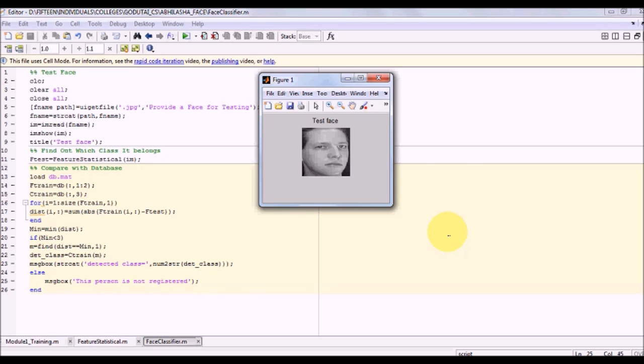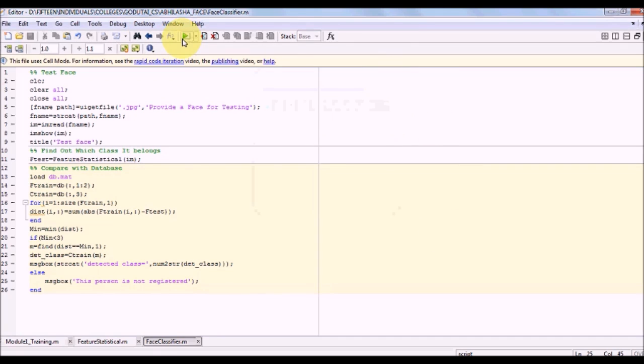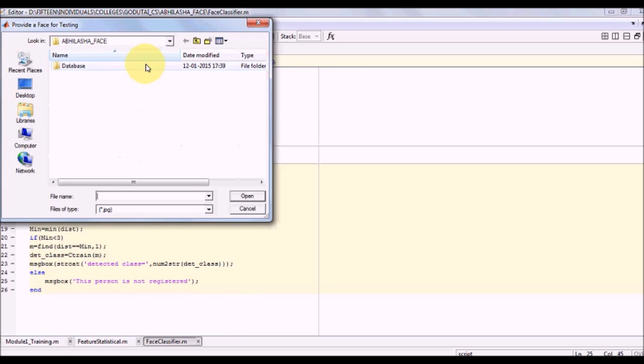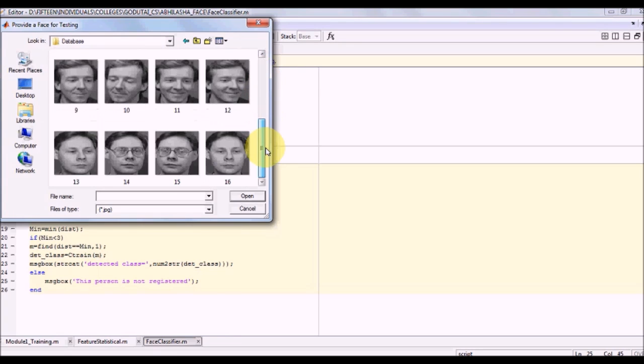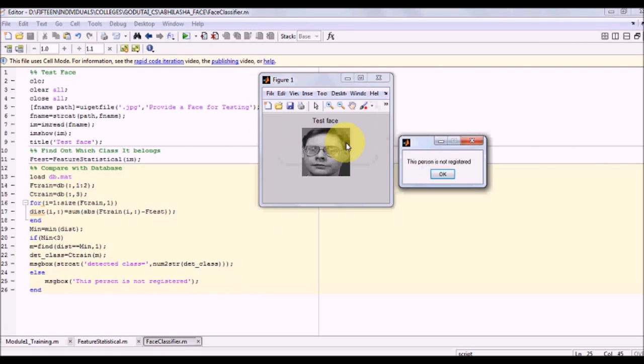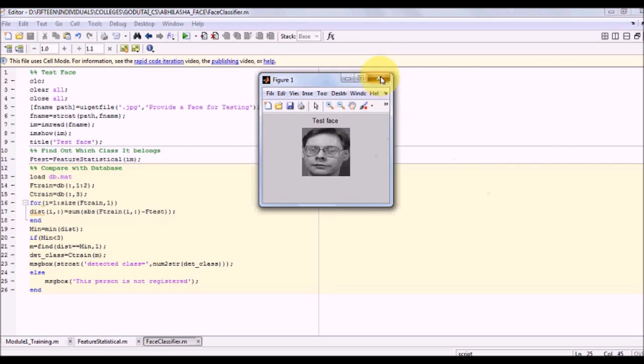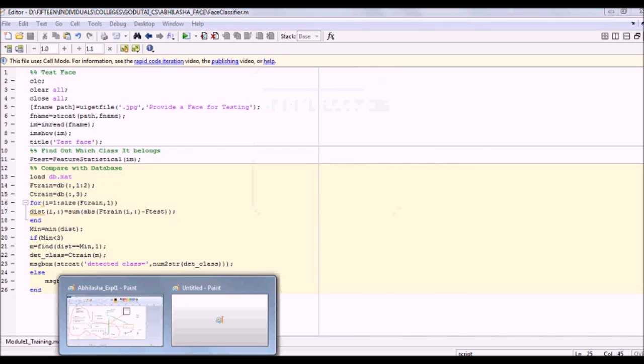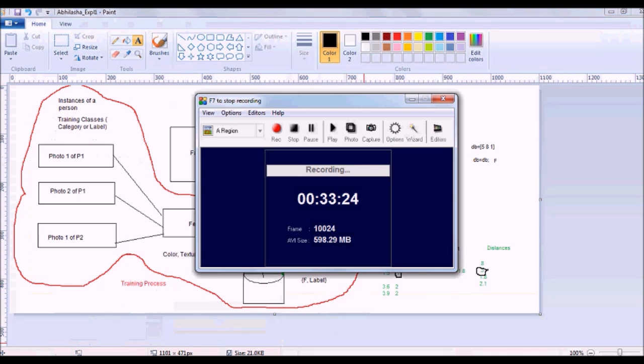Wrong detection will be again divided into false acceptance, false rejection. It might happen that if you give some cases where the user is not at all registered, still because of the smaller distance it may detect it as person. This is the correctness. So this is the overview of how your phase